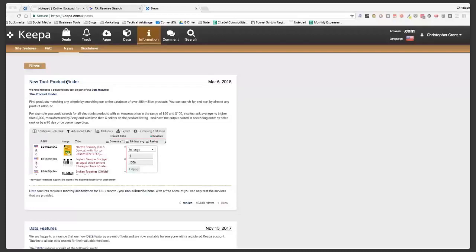Now, this Product Finder does require a monthly subscription. It is £15 per month, and you can subscribe on their website. Just right here, you just click that little button. £15 a month is somewhere around $17 for those of us who only deal in US dollars, depending on what the exchange rate is, but ends up running me somewhere between $17 and $18 every month. And it's worth every single penny, and we'll dig in why.